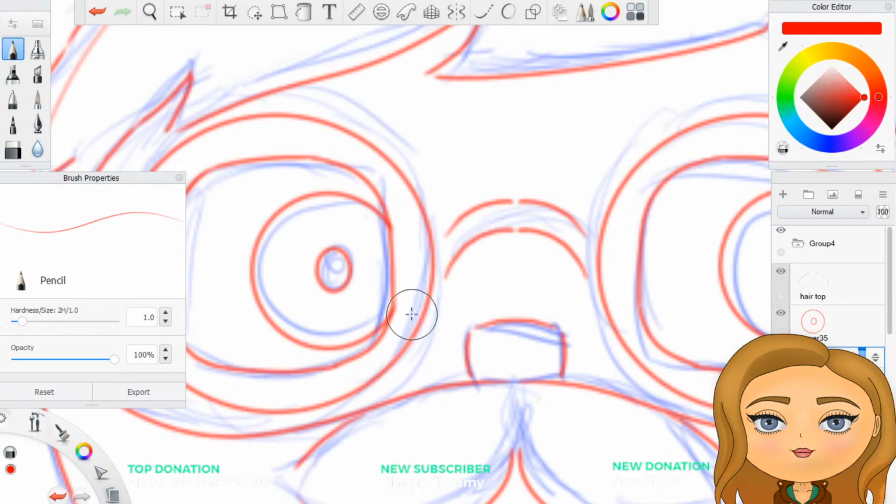Probably get away with erasing the edges of this.